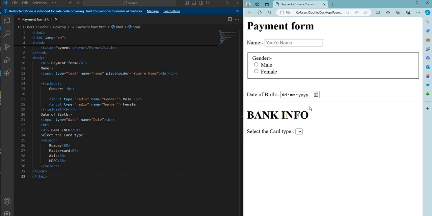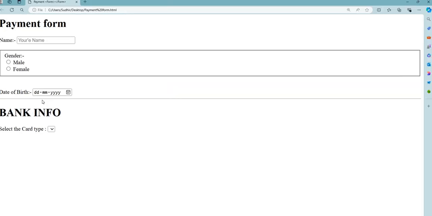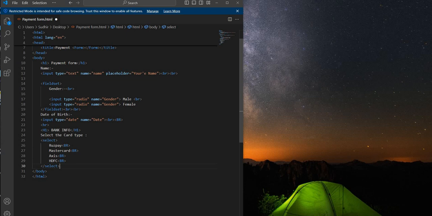Okay, see here, now we need to give 2 breaks. Then we will ask the user. The options are not coming. Alright, I got to know about it. Now see, in select, we will write name equals to card type, and